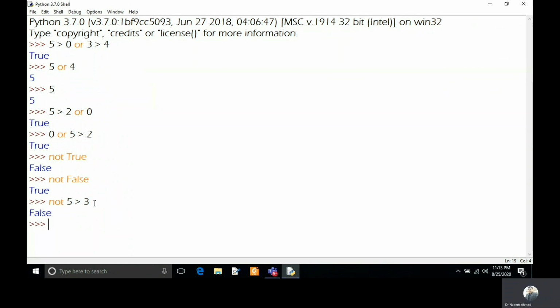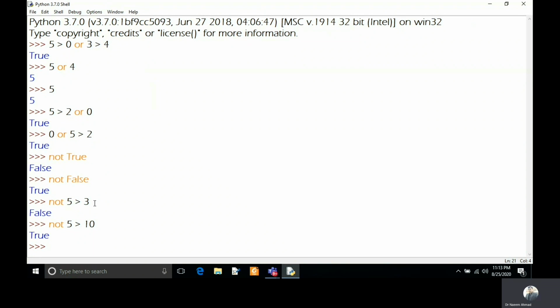You can see here, and if we keep here 5 is greater than 10, that will return false, and if you keep the NOT operator before that conditional statement, then it will convert it into true. And the NOT operator we can also use with numerical values.